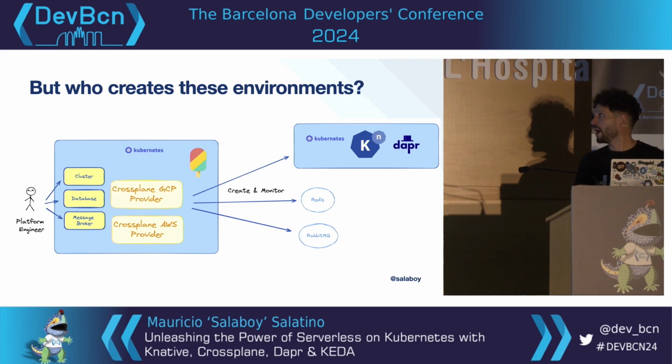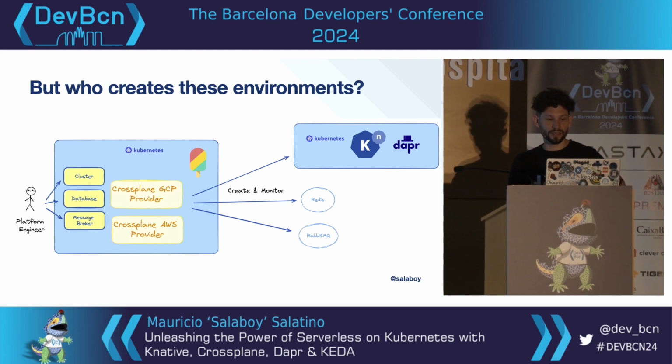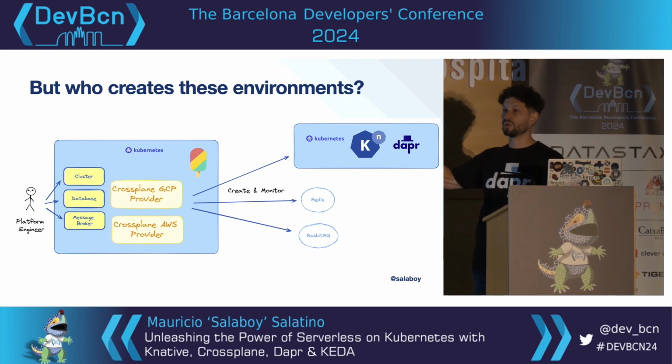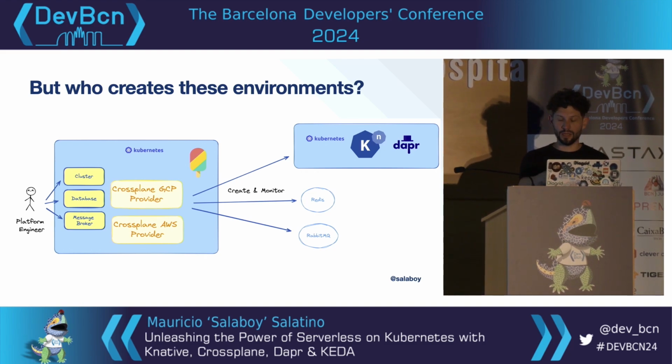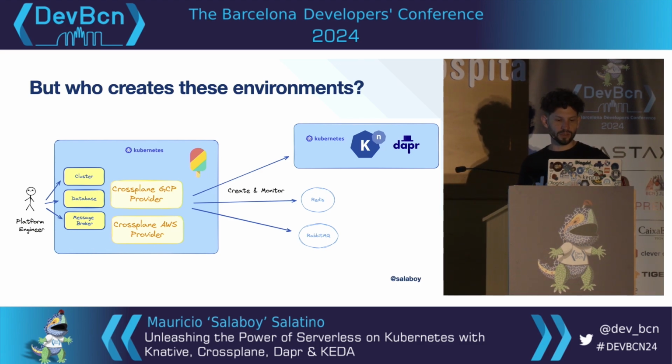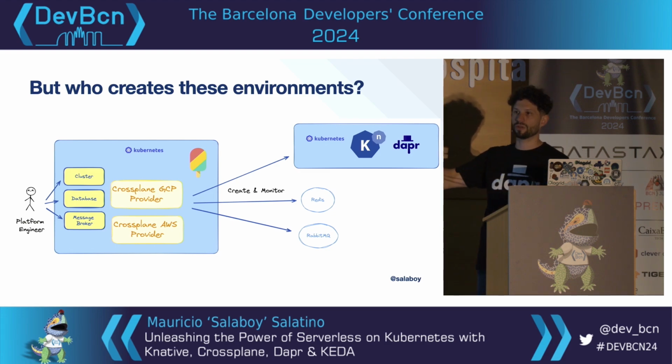The main reason is that this cluster will have credentials to connect to cloud providers and provision resources on your behalf, right? So what I did for my cluster is basically I installed Crossplane in a cluster, then I installed a GCP provider, so actually Crossplane can provision new resources for me.